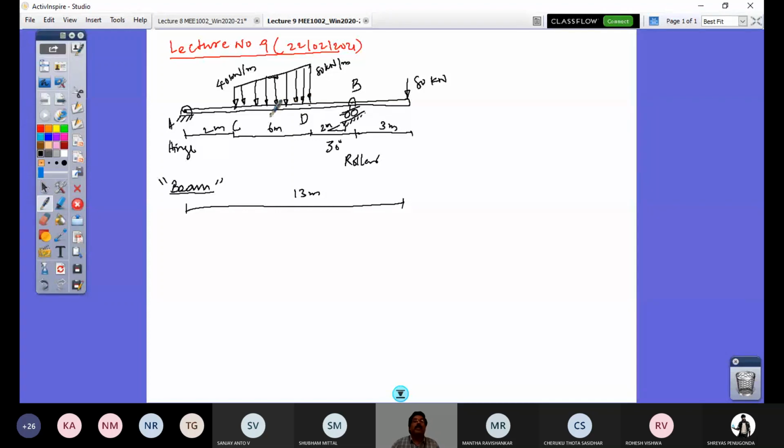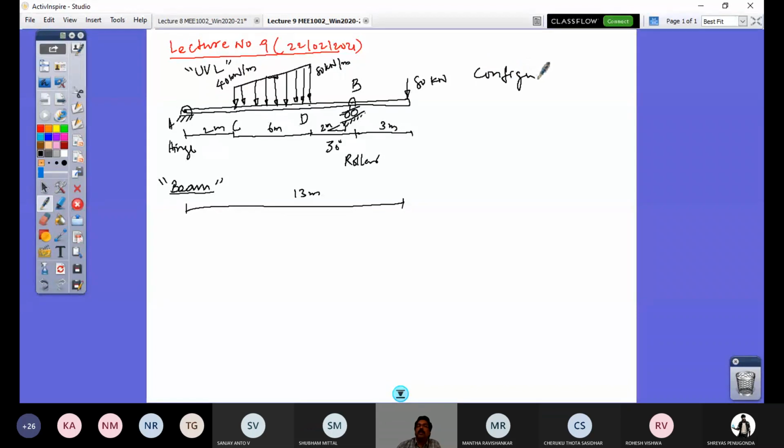But now we are going for the simplest case, a uniformly varying load. This can also be constant, here also 40, here also 40, everywhere in this span can be 40. But I take this condition. So this is the loading. The external loads are this UVL, which I call a uniformly varying load, and this concentrated load, and the two supports. So this is now the configuration of the given beam.